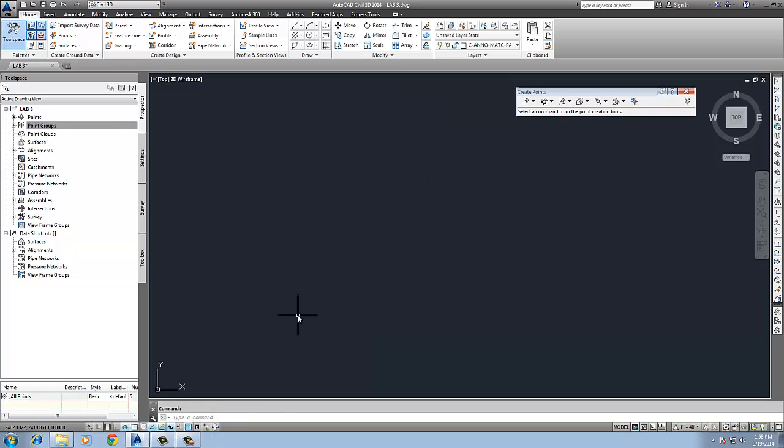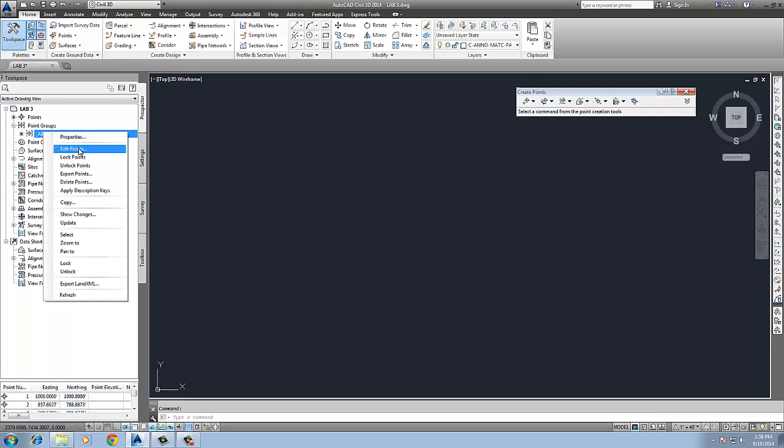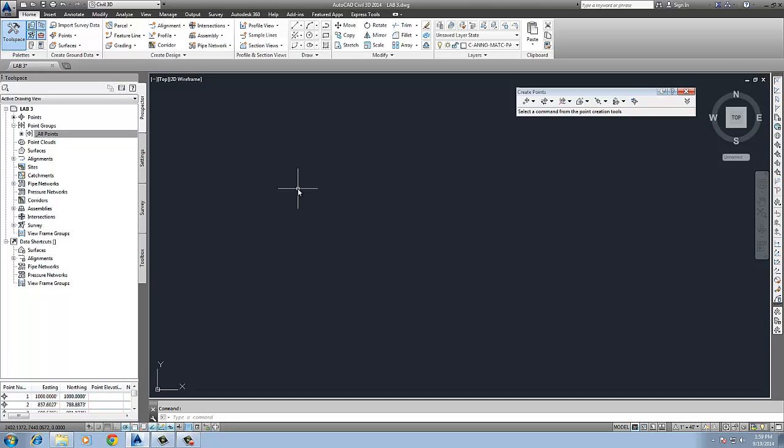Okay, if you've entered all of your points now, we can go check them out. They should be in a point group called the All Points point group. So we're going to go open that up, check those out. We want to edit those points just to make sure they're good. We see the point values and northing, easting. Make sure your description's correct and your point number's correct. And if that's good, you're good to go. If not, just click in the field that you need to make the change in, make the change, and fix it. After you've done that, then what we're going to do is do a zoom extents